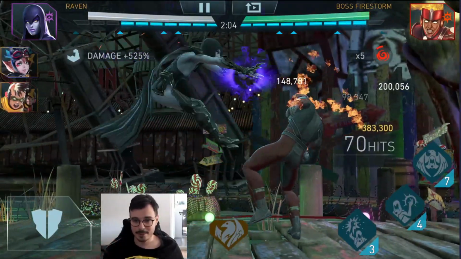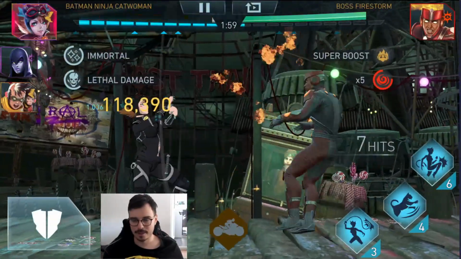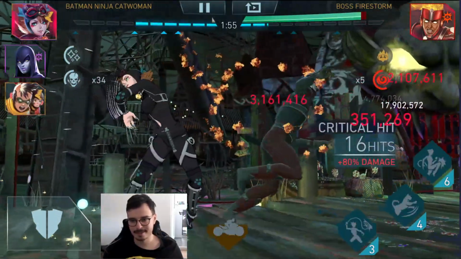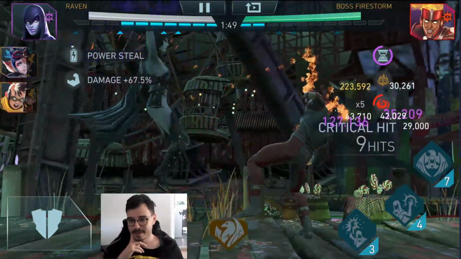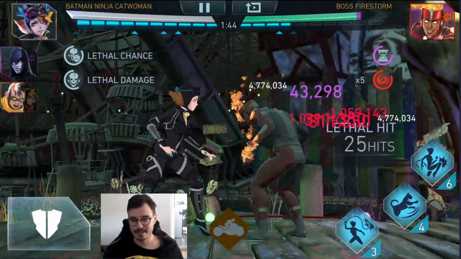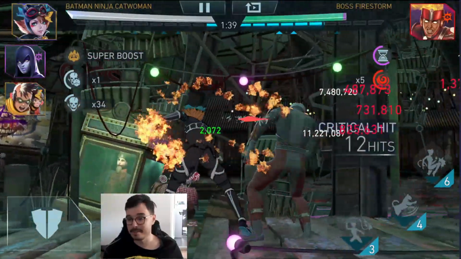But if you can combo interrupt, you can definitely see the Batman Ninja Catwoman with Twin Blade as a valid option. Also, on the plus side of things, you can tank Superman with her because she's got the Immortal passive, making her not die. And in theory, every single Batman Ninja character can do this. But Batman Ninja Catwoman kind of has the highest amount of basic hits she does in a combo for some reason. So that's why she's kind of my go-to for this, if I want to use the Batman Ninja team